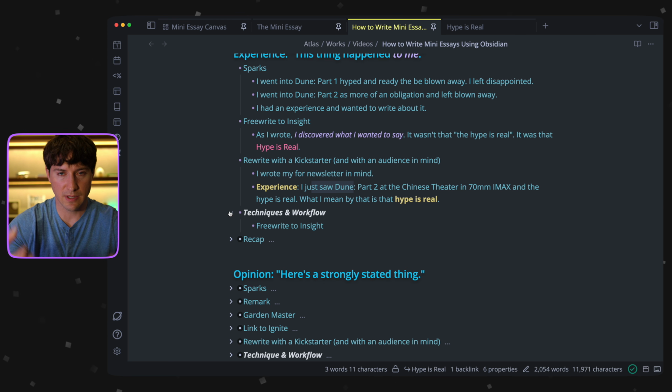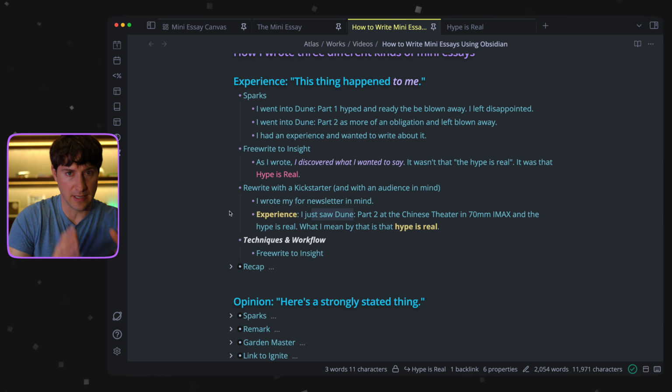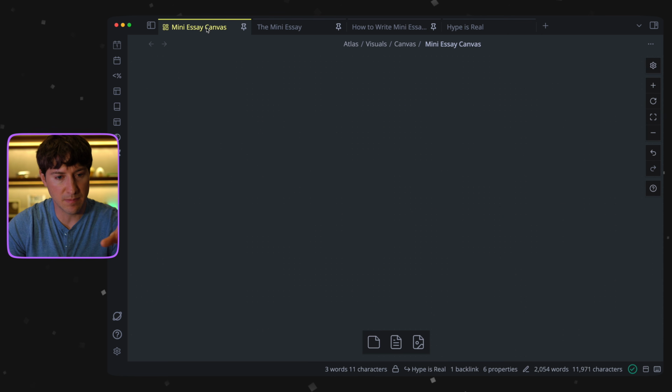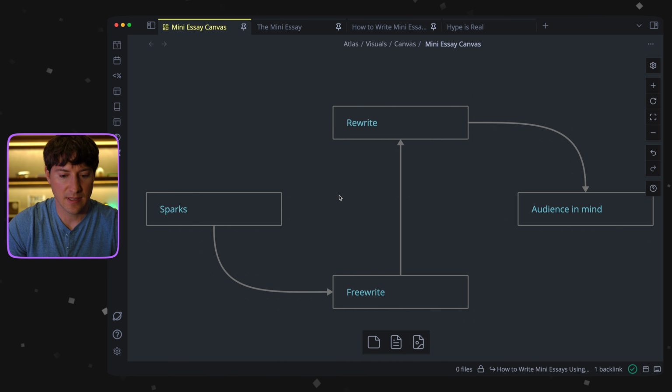So if we just really quickly reflect on the techniques, I had an experience and I chose to free write. A free write led to an insight. That insight led to me wanting to rewrite. So if we look at this mini essay canvas, I just spun up something very basic for us. This is the basic process. You have a spark, you make some